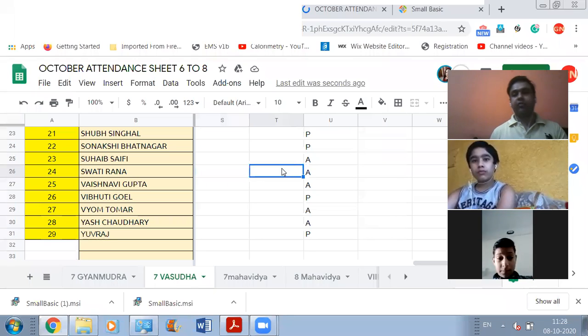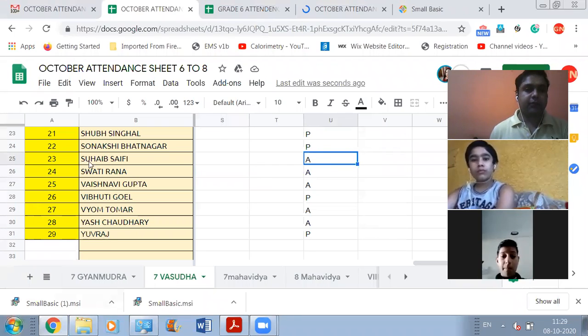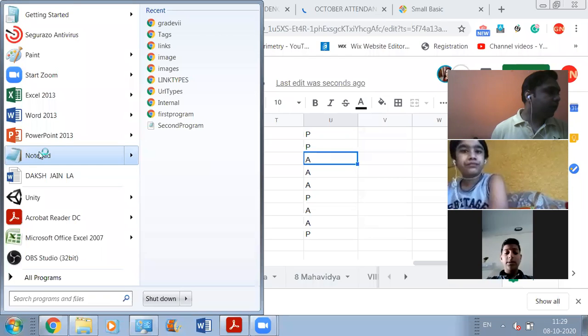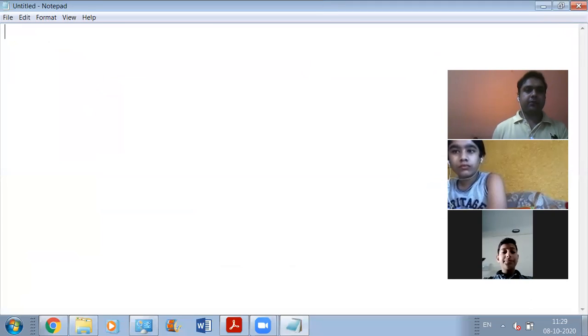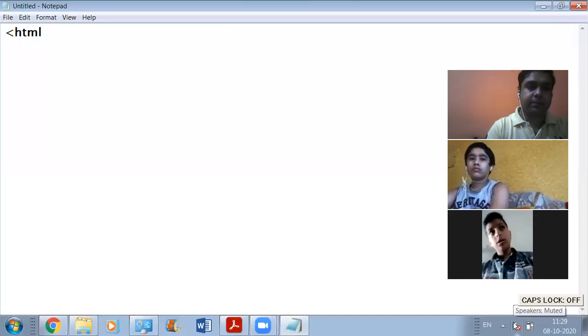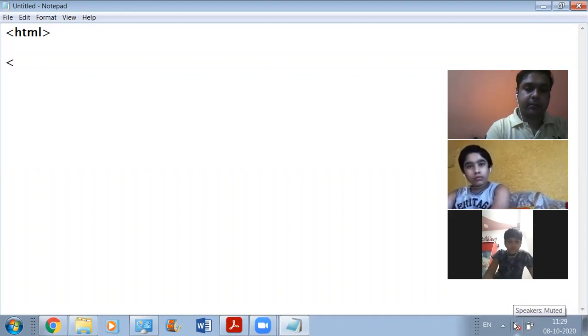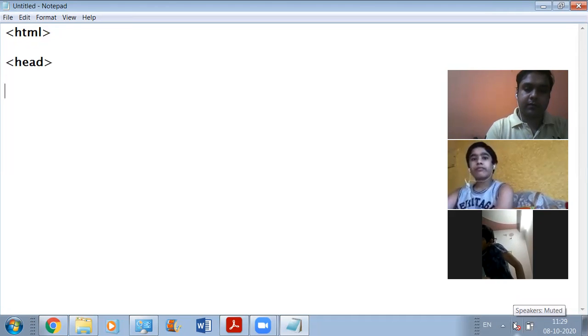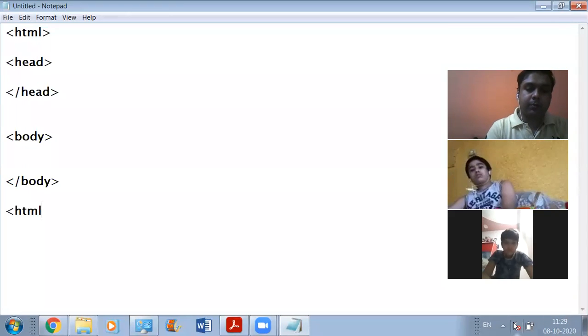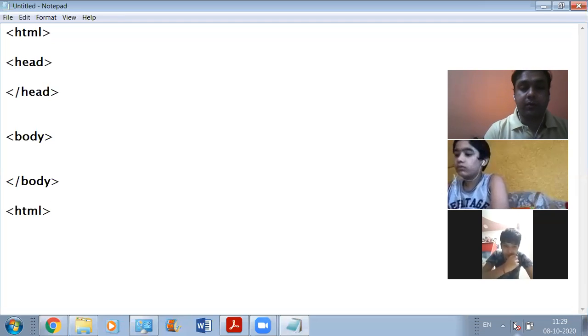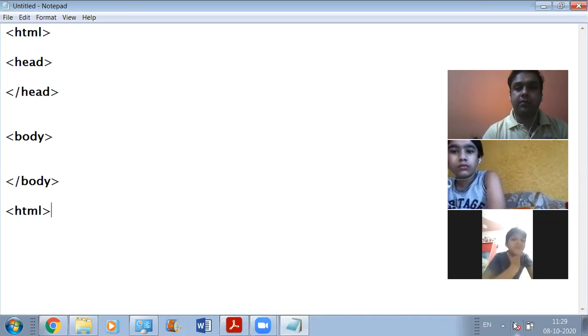So yesterday we discussed the rules for writing HTML code, right? Yes, sir. That's what we discussed yesterday. Now I would like to tell you some more things here. This is the basic structure of HTML that I am writing right now. We always start with this so that you don't make any mistake when you are writing this in your exams on your answer sheet. I don't want anyone to make any mistake when you're writing the basic structure of HTML. Okay, so this is the structure.